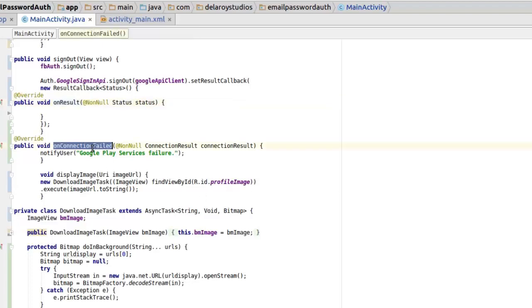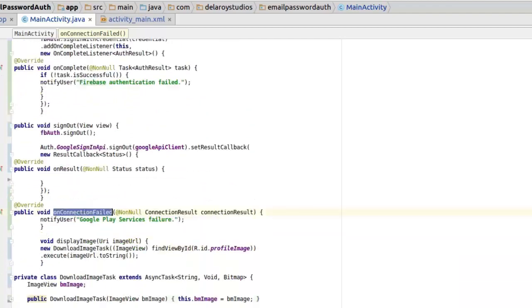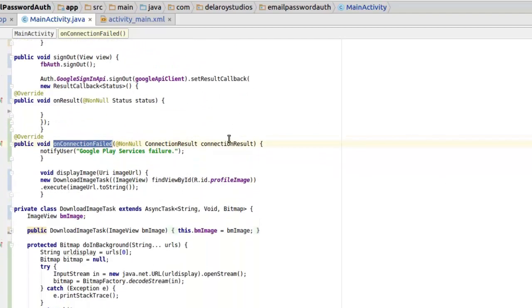On connection failed, which we actually got right there, you need to override that as well. It takes the connection result as a parameter. Now it's going to notify Google Play Services failure. The display image method will be triggered, and you pass the image URL, which is the URI, to the path of the image, and you download the image task. Trigger the DownloadImageTask to actually get the